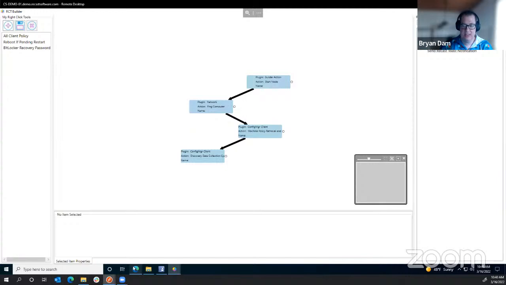It's a really great use case. So in theory,